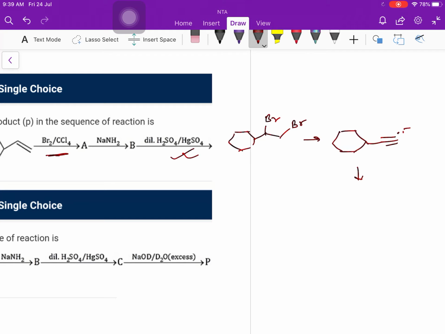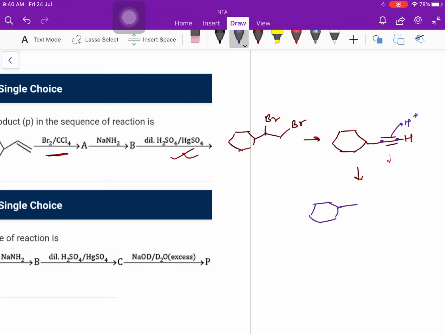So let us consider that hydrogen is present, because they have not mentioned anything, they just want us to do the reaction. So the reaction will be based on the Markovnikov rule. On the basis of Markovnikov rule, there are two positions to attach H and OH. Hydrogen will be attached where we have to make the positive charge, so hydrogen will get attached to this position.